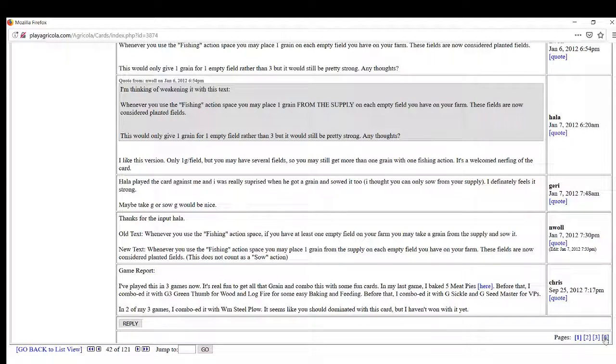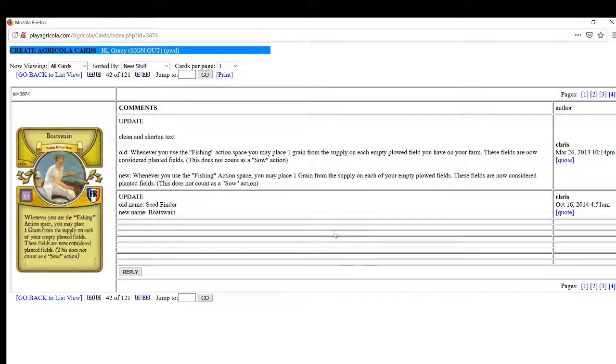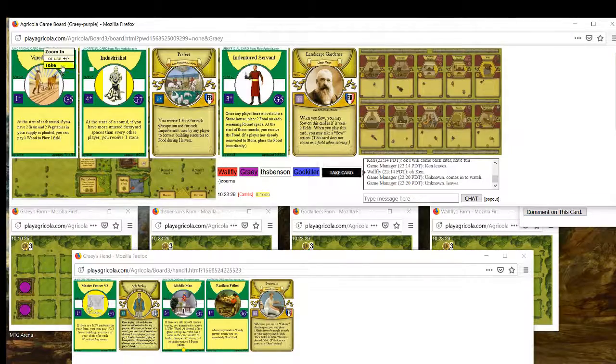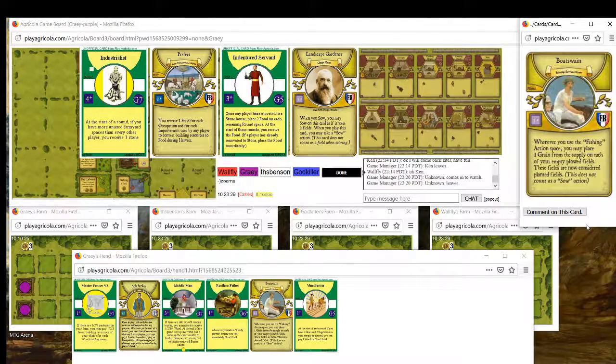Acreage, I don't believe. Yeah, plowed fields means fields on the board. It does not work with Landscape Gardener. We could go, like, Landscape Gardener. Well, we could plow 2 fields or so, then Boatswain, and then we could play Landscape Gardener and sow the grain on the Landscape Gardener, but I think Vine Dresser is probably better, especially with,